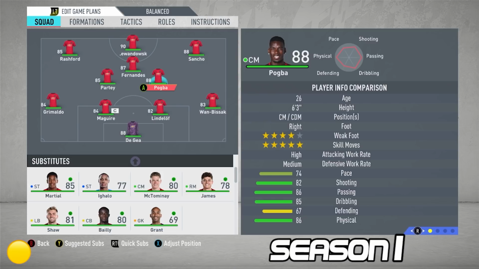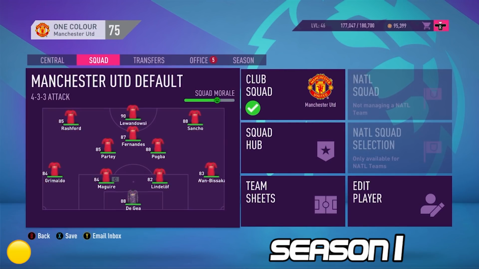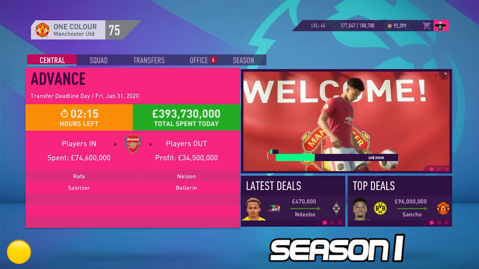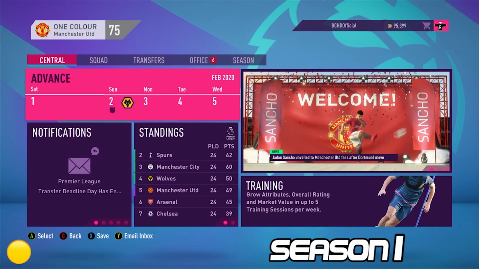I was considering selling Pogba to fund that Sancho move, but thankfully we didn't have to. We should be looking rejuvenated for Season 2 and the fresh new transfers to come in there, but I'm happy to end off deadline day like that, our one and only yellow transfer. You all saw it happen, you all knew it was coming, and we're going to progress all the way to the end of